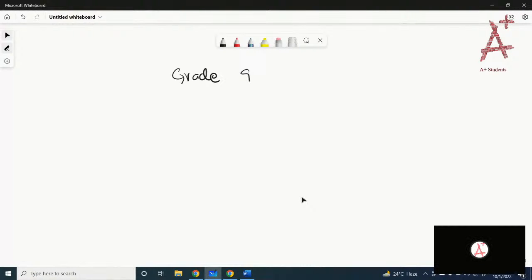You have to log in there using your email address and password as provided by the administrator. Then you have to select math from the subject. You have to scroll down to grade 9,